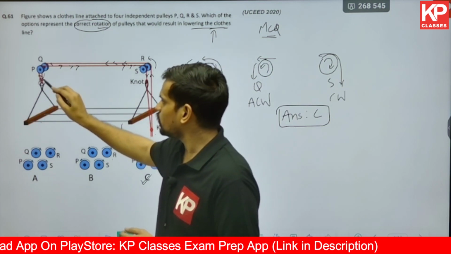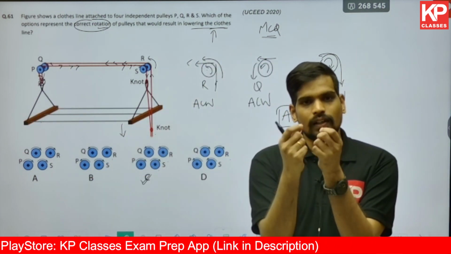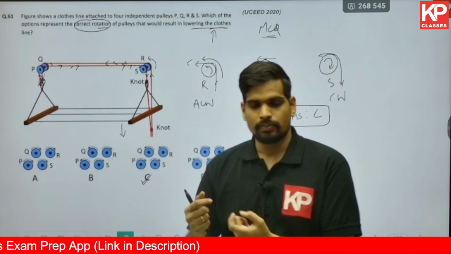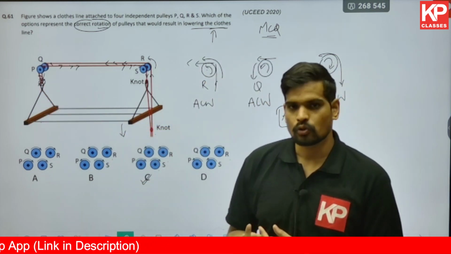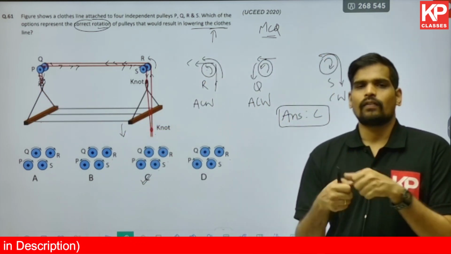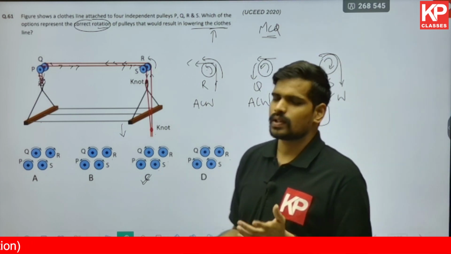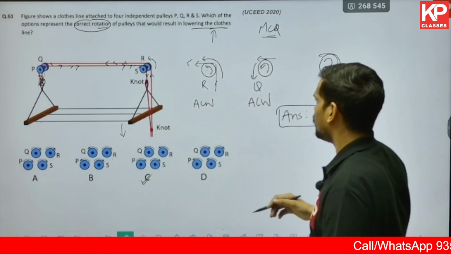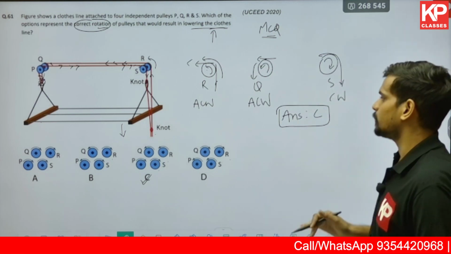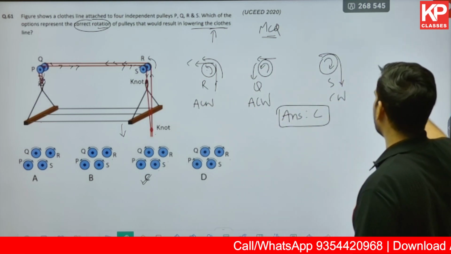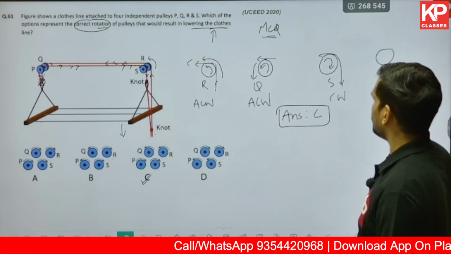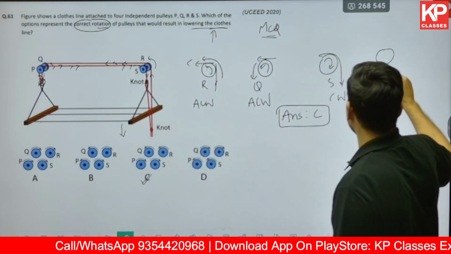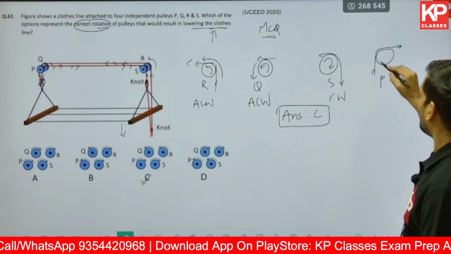So that's why I told you it would be better, from a design point of view, if you are able to use a movable pulley at this point. There would be an even smoother transition, and also the required force would change. So what is the difference between a fixed and a movable pulley? We'll have a discussion on that moving further when we calculate the force and distance part. So I was telling you about P. Pulley P, if you observe, the rope has to move in this direction, so it has to move upwards over here,